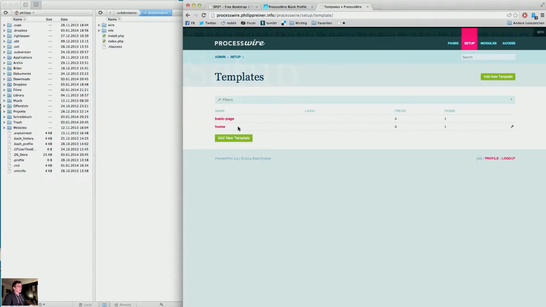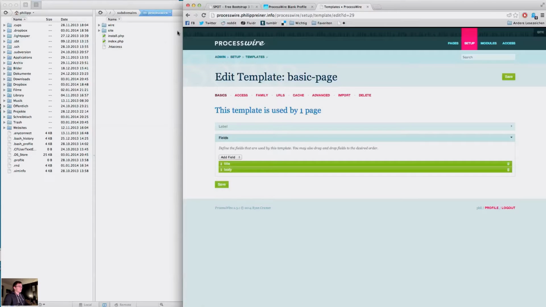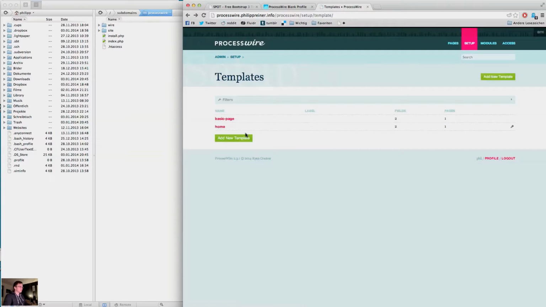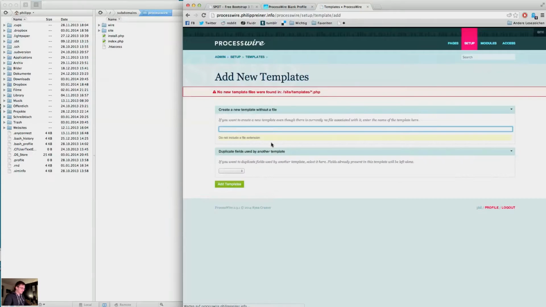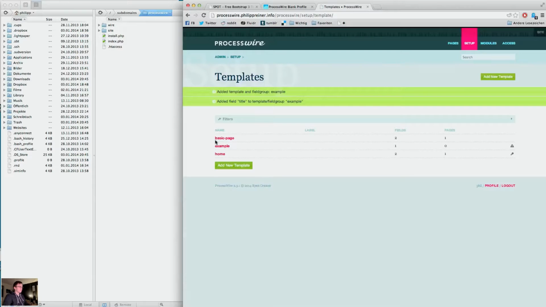And like in other tutorials, we could now create another template, or we could easily go to basic page and, okay, we make a new one. Sorry. Okay, we'll add a new template and ignore this warning and just type in, create a new template without file. I'm calling this one example. Don't want to use other fields and click add template. Okay, and if I go into example,